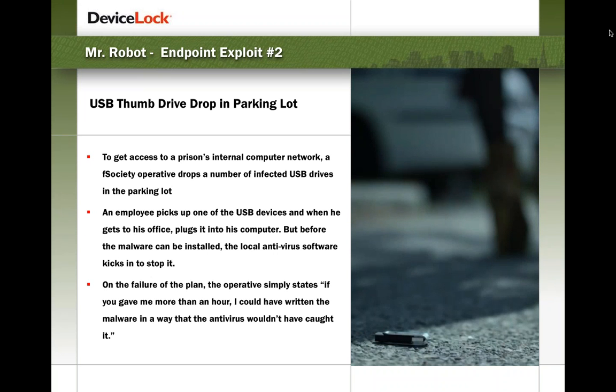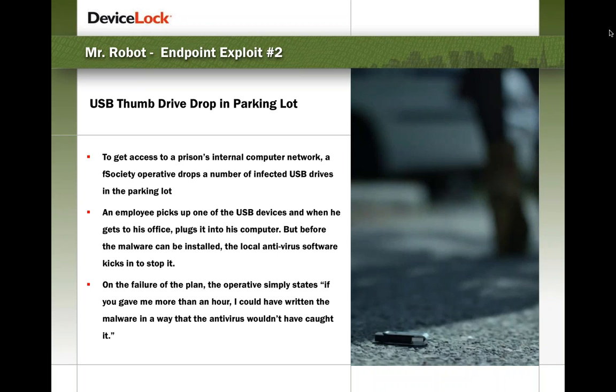So the next exploit is really kind of an oldie but a goodie. Unfortunately, it's still very effective because it capitalizes on another universal human trait, curiosity. In this particular episode, F Society, the big hacker group, their operative drops a number of infected USB thumb drives in the parking lot of a prison with the goal of loading some malware into the prison network in order to unlock all the cells at a specific time to free one person they care about, but several others